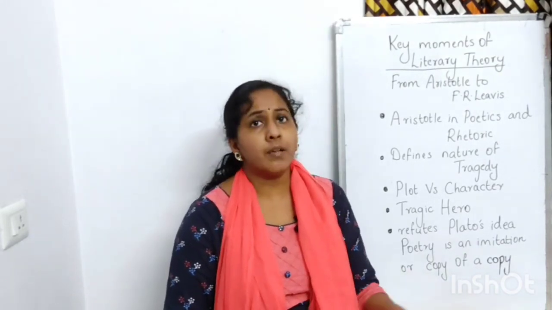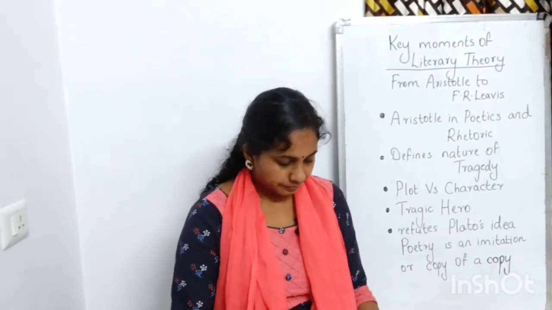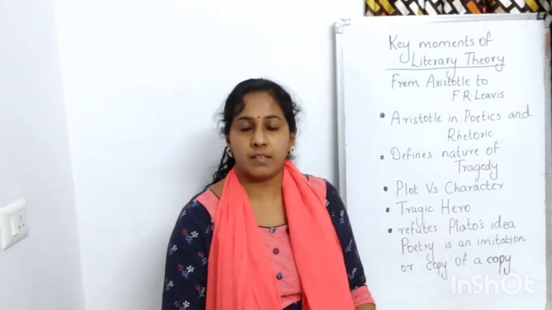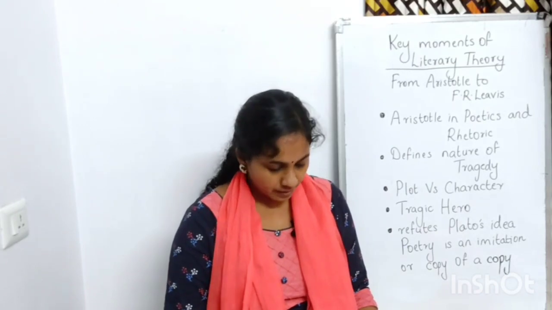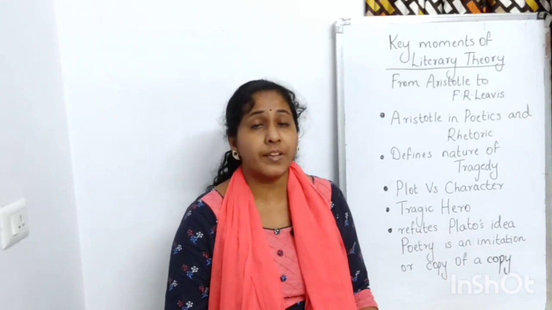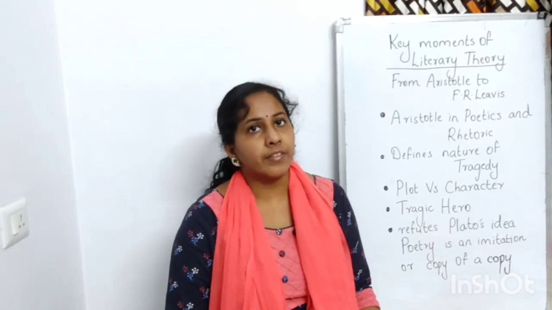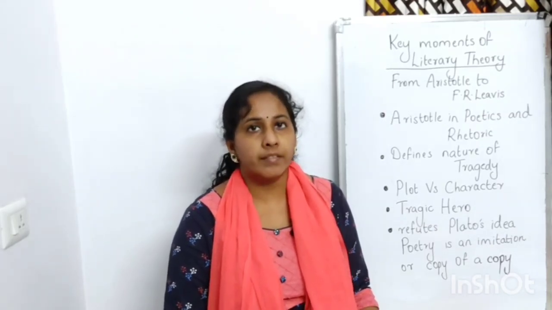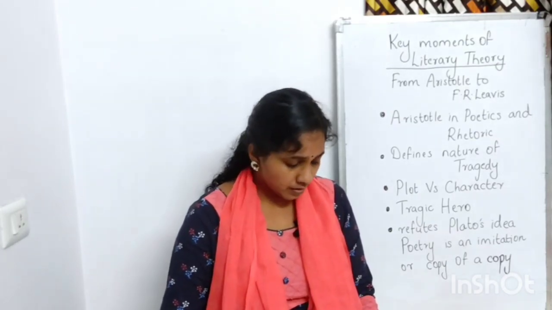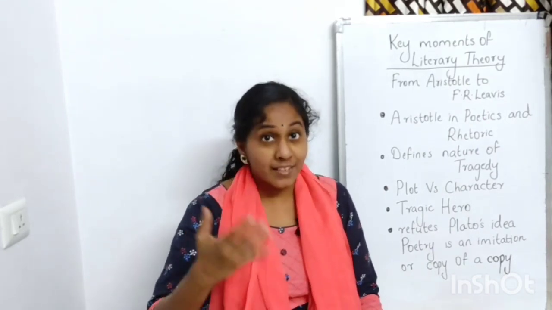Now, to understand something about Poetics. Poetics is the earliest surviving work of dramatic theory, and it is the very first treatise of literary theory. A treatise is a formal written work. Poetics has six different parts. Actually this is not our topic, but again as students of literature you have to know that.